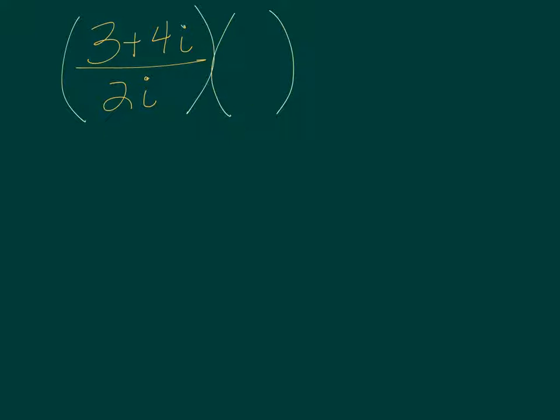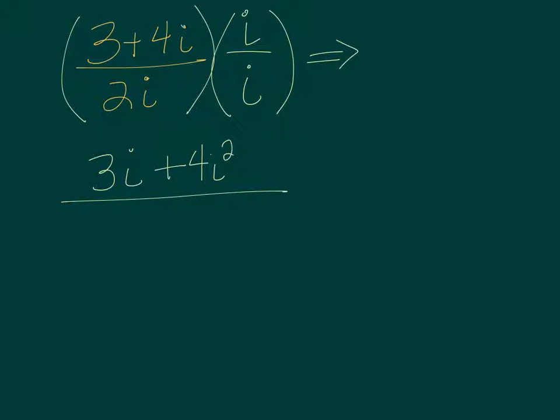I can actually just multiply this by i over i, which is 1, and that's going to give me 3i plus 4i squared over 2i squared. And I think you can see that when I replace these i squares with -1, I get 3i minus 4